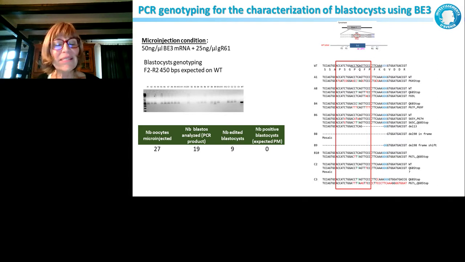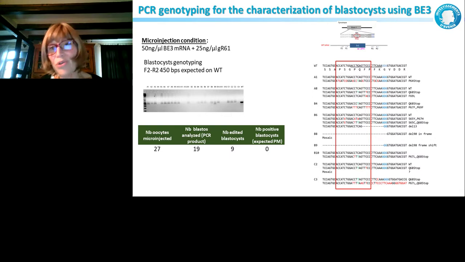Now we can see what we obtain with the base editor 4 versions, where we are genotyping blastocysts only, not generating animals. You can see here that it looks a little bit more specific, but even though the Cas9 was a nickase, we can still see deletions, as in the first paper published in Nature Biotech. And we can still see that the editing window is much larger than it is supposed to be. So I think for therapy, we are still not there.